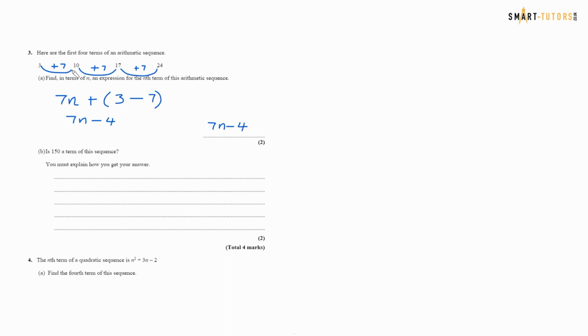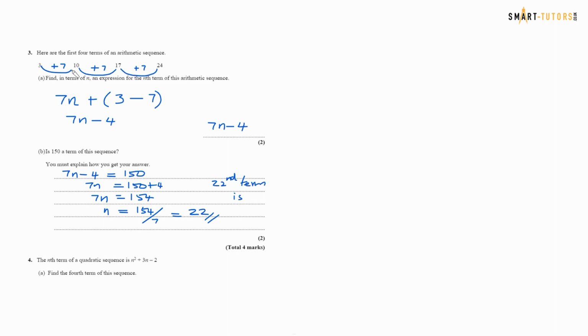The second part is the 150th term of this sequence. So all you want to do is take 7n minus 4 and equate that to 150. So 7n equals 150 plus 4, which is 154, and I'm going to divide both sides by 7, so n equals 154 divided by 7, which is 22. So the 22nd term